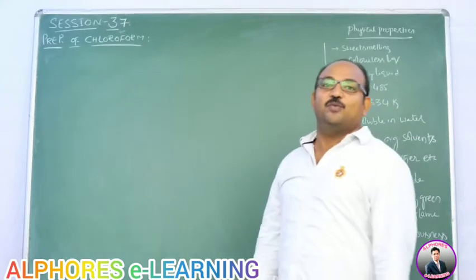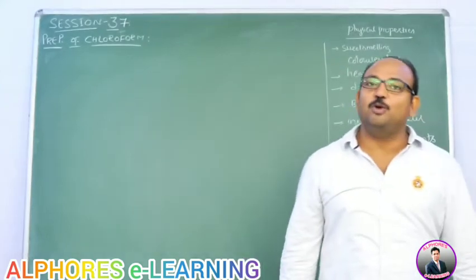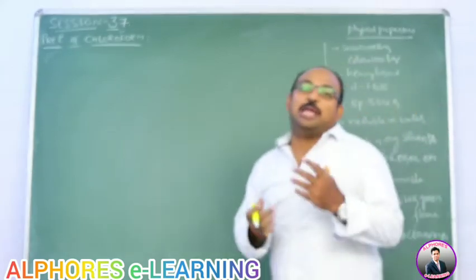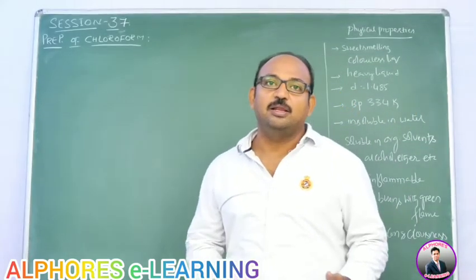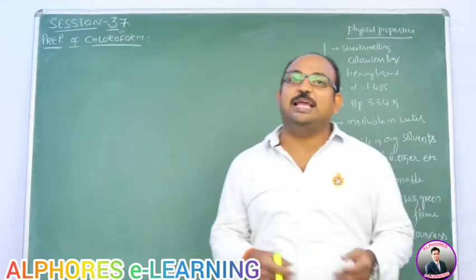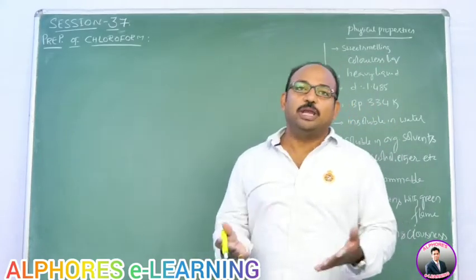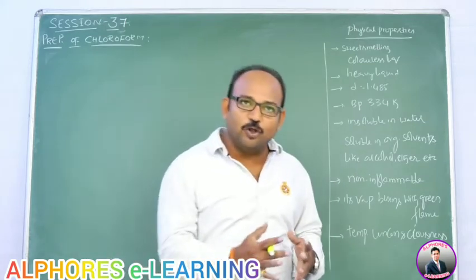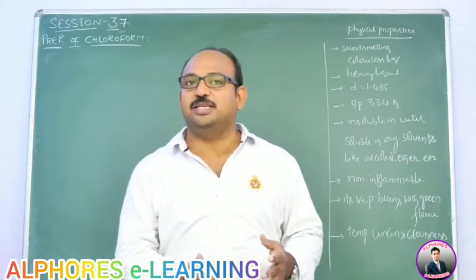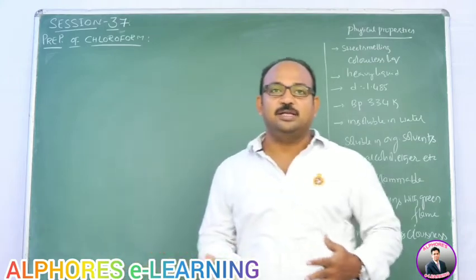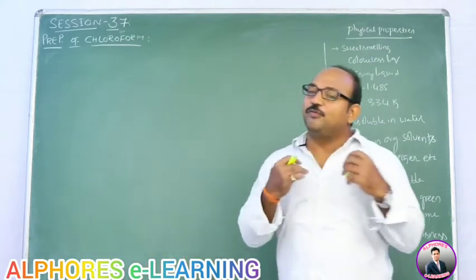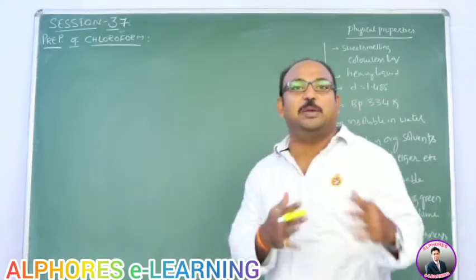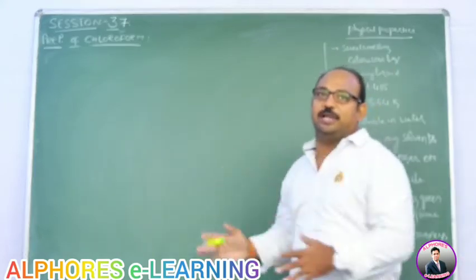In the previous session we learned how to prepare chloroform or haloform from ethyl alcohol in the primary alcohol family, and from isopropyl alcohol in the secondary alcohol family, and also from acetaldehyde and the ketone acetone. We saw how many moles of chlorine we have to use as oxidizing and chlorinating agent, and with what number of carbon atoms the carboxylic acid is obtained as a byproduct. Such reactions we already learned.